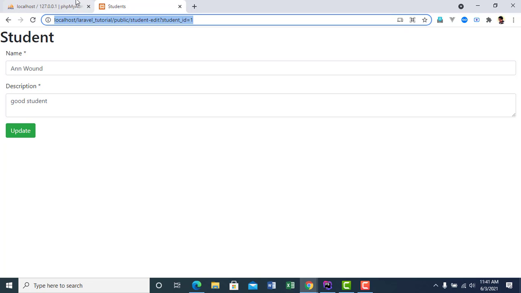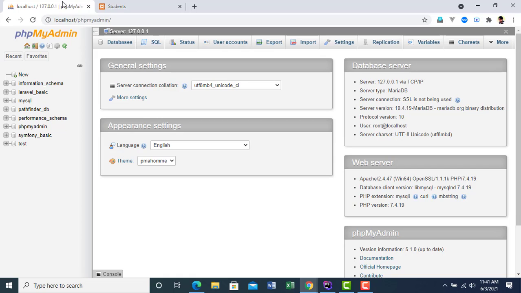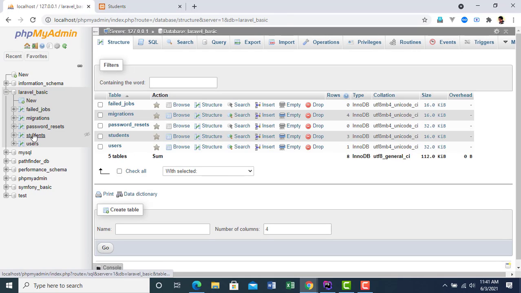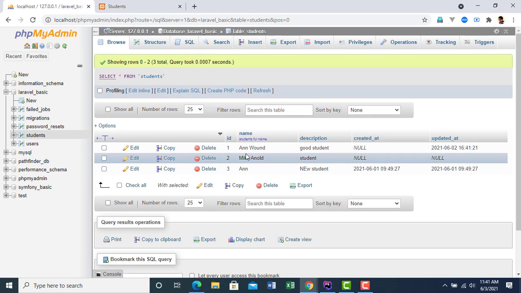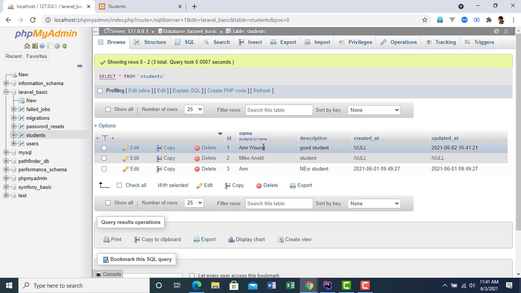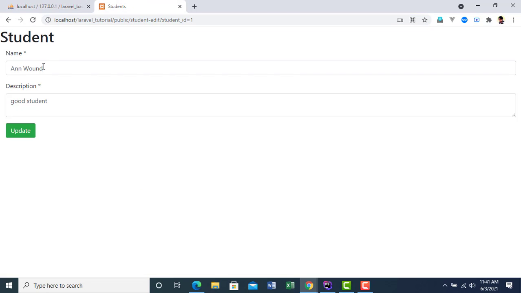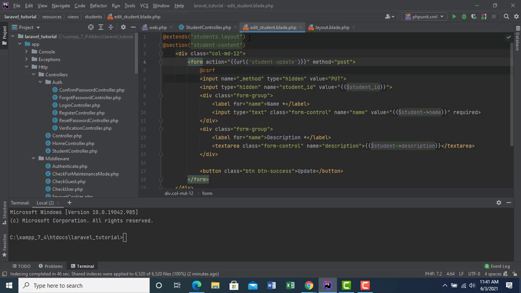Student ID is 1. From reference from the database table, here Laravel basic, then students. The ID 1 is here. The student table details are here. I go to edit student